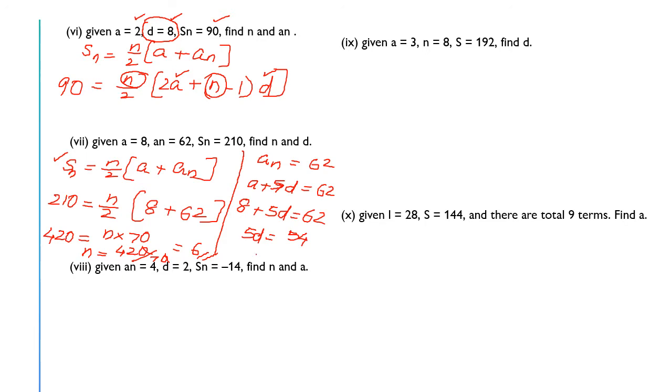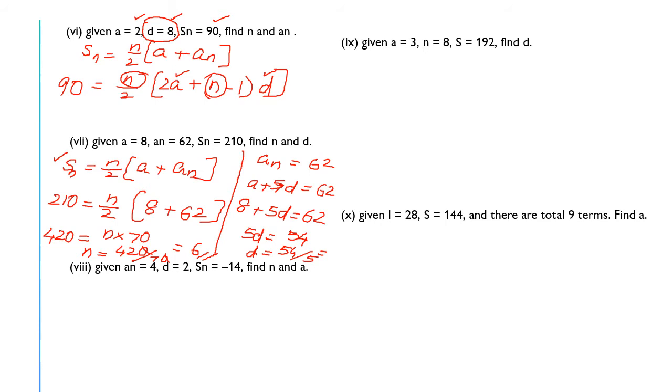54. Then what will be d? D will be equal to 54 by 5. Okay? 10.5. Sorry, 10.8. Isn't it? D will be 10.8. Now, d can be anything. Decimal value and all can happen for d. Not for n. N has to be a complete number. So, when d comes as a decimal, don't worry about it.